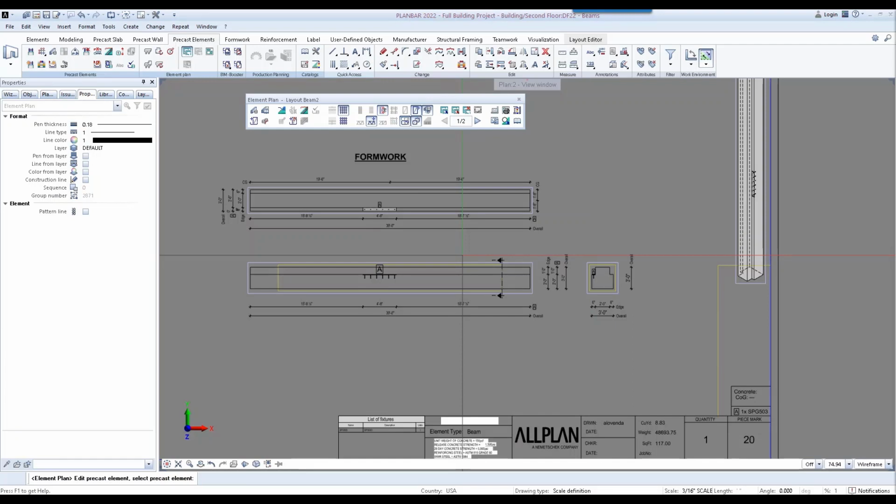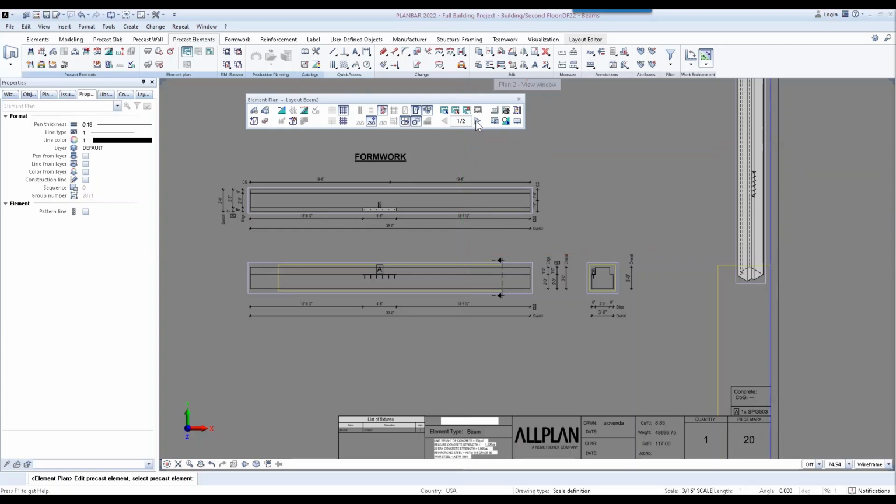Again, you can set up these tables and schedules to show any information that you want or the attributes that you've assigned to your precast elements. So this first page is just for my formwork. For this particular beam, I have 2 pages, 2 drawings, one for formwork, one for reinforcing.